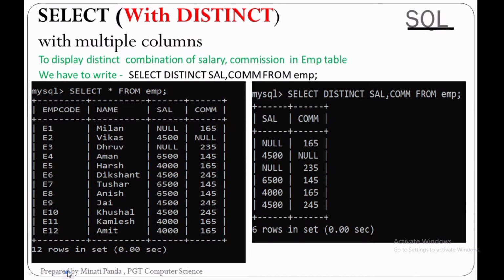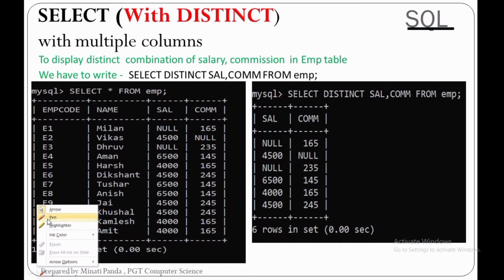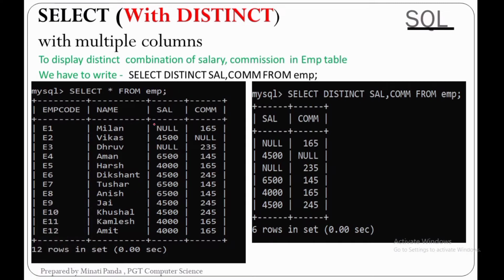We can display distinct combinations of 2 or more fields. To display the distinct combination of salary and commission in the EMP table, we have to write SELECT DISTINCT SAL, COMM FROM EMP. It will give a unique combination of salary and commission of the EMP table.